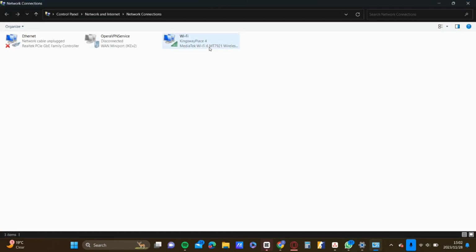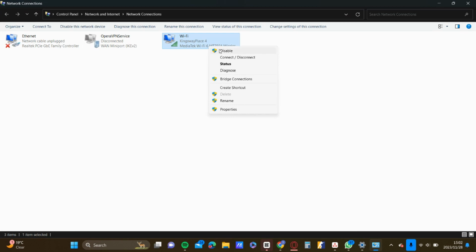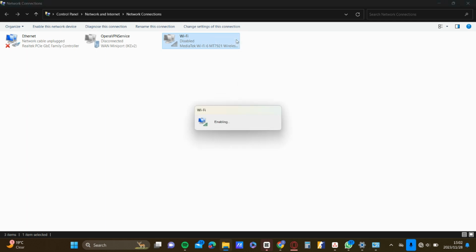Let's just make the screen bigger. Then you're gonna right click on that. Then you're gonna go ahead and disable that straight from the control center. And then once it has been disabled, you're gonna wait a little bit, and then you're gonna go ahead and enable it. And it is that quick and it is that easy to fix the Wi-Fi icon not showing or